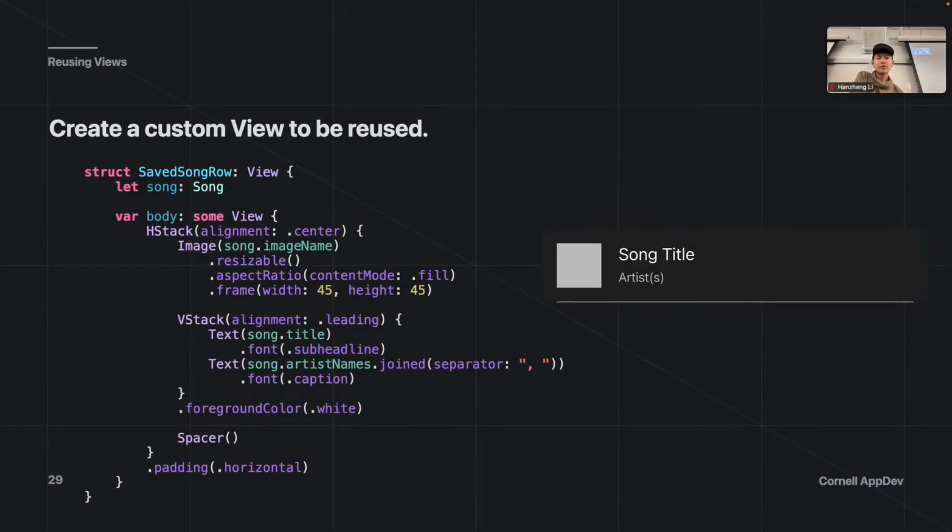All right. So this piece of code on the left is everything I need to write to create this little row design here. And I just want to mention that this may look like 30 lines of code. It looks like a lot on a screen, but actually it's a lot fewer lines of code than if you had to implement a saved song